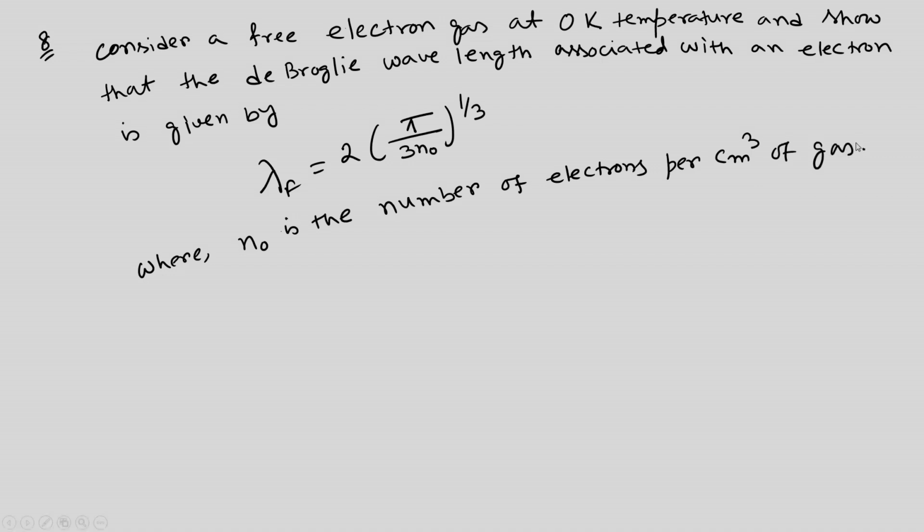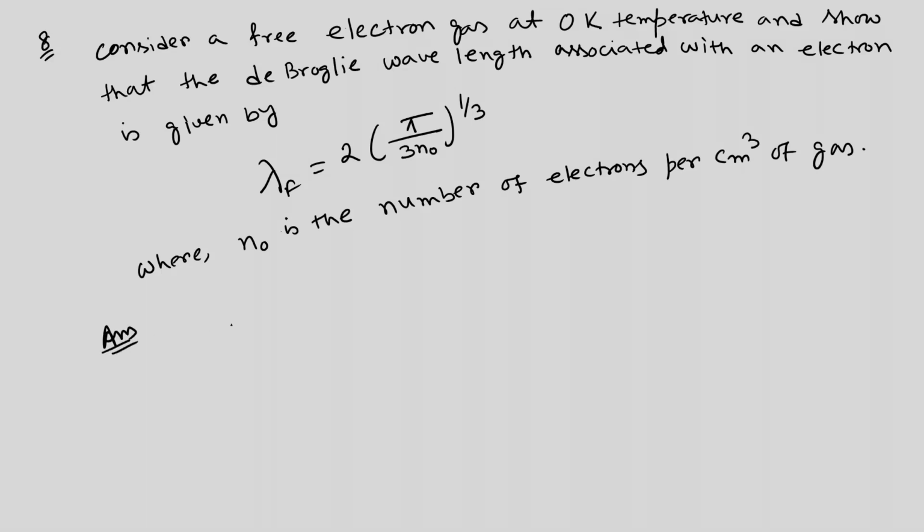So, problem number 8 says consider a free electron gas at 0 Kelvin temperature and show that the de Broglie wavelength associated with an electron is given by lambda f equals 2 times pi by 3 n naught to the 1 by 3, where n naught is the number of electrons per centimeter cubed of gas. Now, the solution. The momentum P of the electron is given by